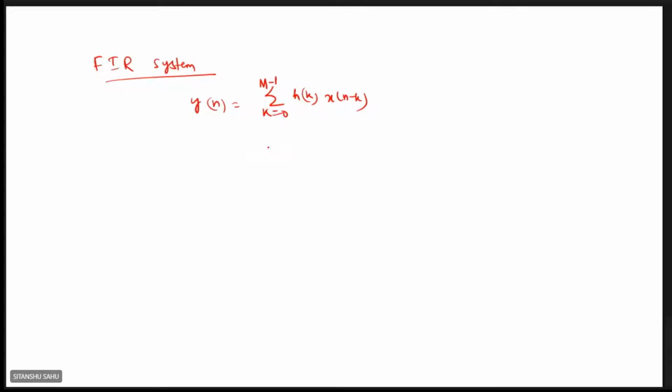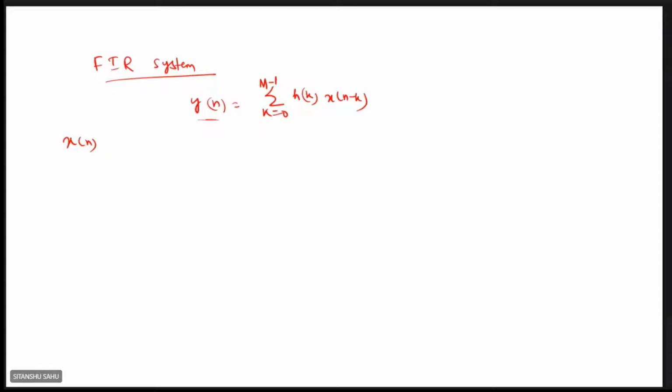So what would be its structure? Now if I say realize this FIR system, how do you realize this? If you look at the structure, the output y of n will be nothing but, I'll give x of n. So what is this operation? If you see how it works, to compute any output at n equal to 0, what do you have to put over here? So y of 0 is nothing but summation k equal to 0 to M minus 1 h of k x of 0 minus k, isn't it?